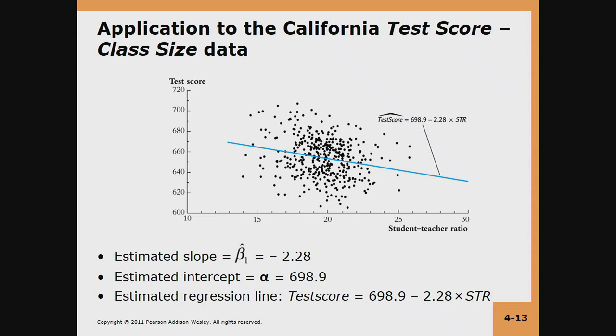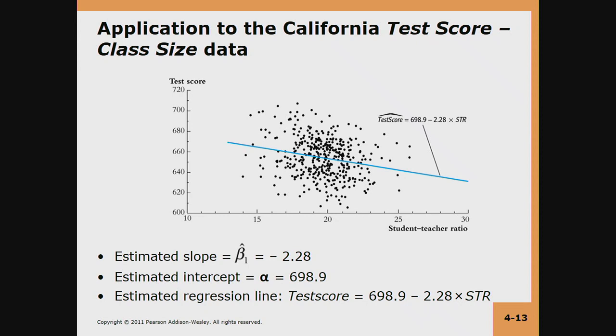So as you get more students in the class, we're seeing worse test scores, which theory should tell us makes sense. The more students you have in class, the less one-on-one interaction students have with the teacher, the more difficult it's going to be to learn. Using the data, we can estimate that for each additional student, we're seeing a reduction of 2.28 points on the test score. Obviously, that's not a great effect because the test score is out of 720, but it's still showing that there's a negative effect. And the estimated intercept, alpha, is